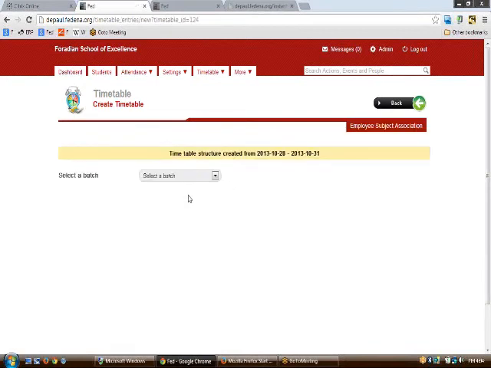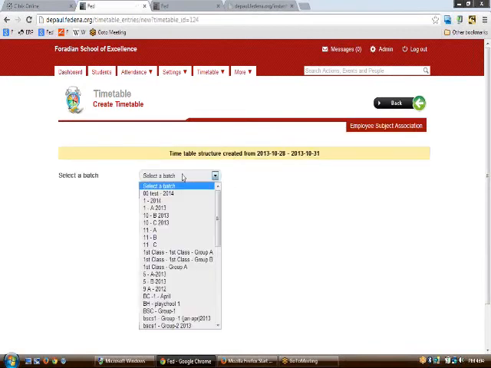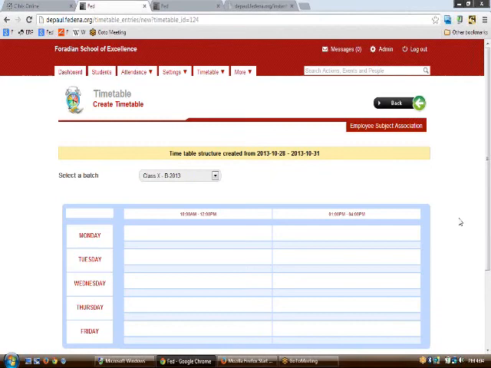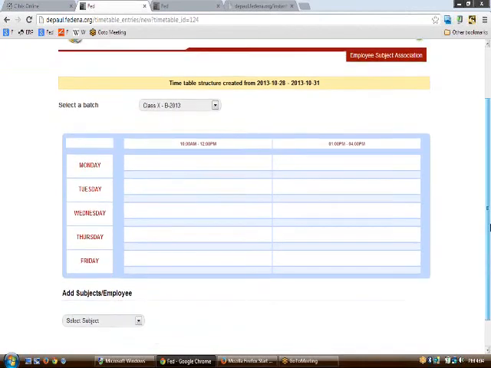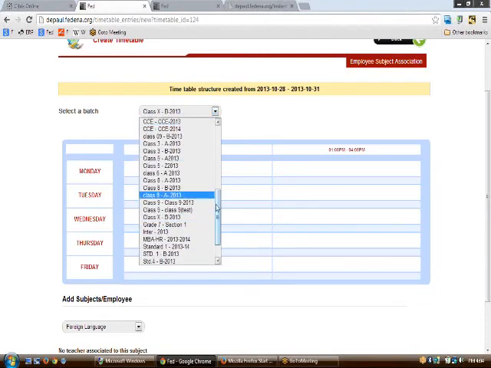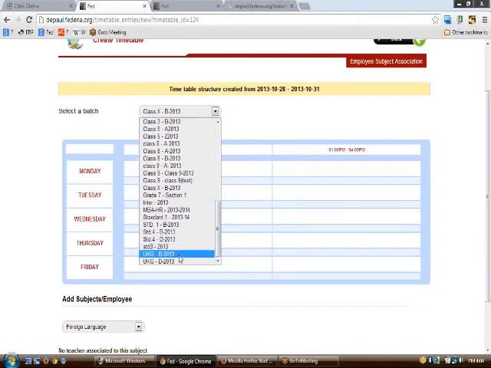This would create a timetable for me for the particular period, and now it's time to select the batch for which the timetable is to be generated. So on clicking 10/2013 I get my structure, and as the employee subject registration is not done, you won't be able to see the teachers for different subjects that you have created here, but we have a different batch where this is already done. So we will be quickly moving to that particular batch